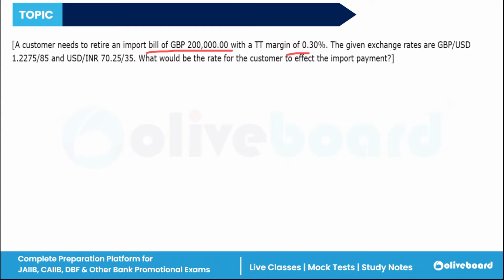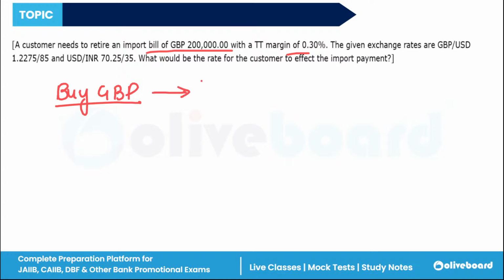For this, we have been given the rate of the British pound, and the TT margin is given. So to calculate the rate for the customer to retire the import bill, we need to consider the following. First we have to buy the British pound, and to retire the import bill we have to buy this,